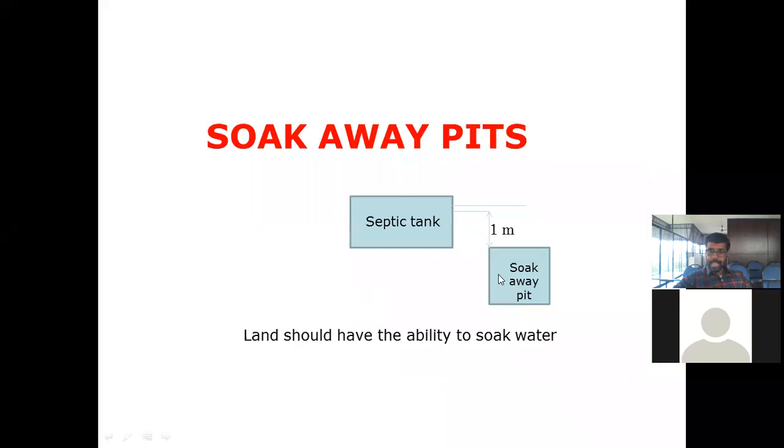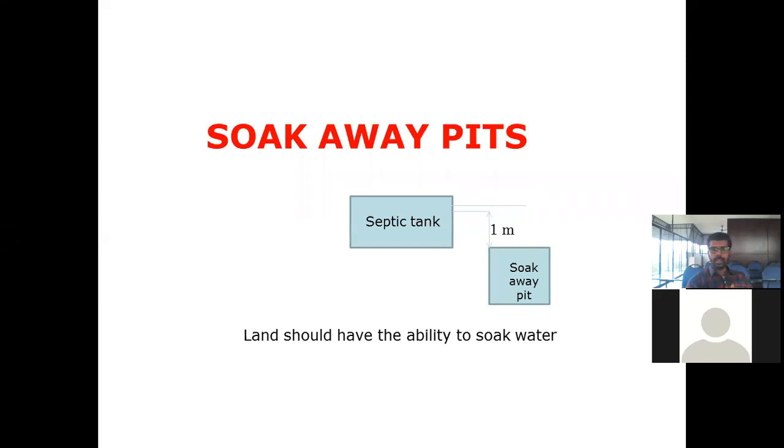After the septic tank also we'll be having a soak pit. That is also called a soak pit, or the wastewater pit for all other areas. That water is also collected inside the soak pit. So both are the same. That is also called a wastewater pit, or you can call it a soak pit also. That is not an issue.